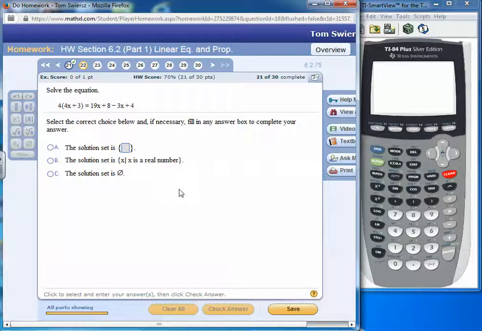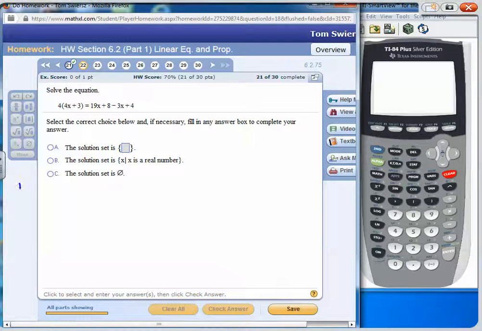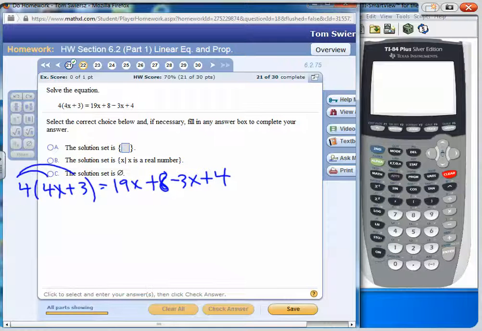Now, let's look at problem number 22. On 22, we have 4 times 4x plus 3 equals 19x plus 8 minus 3x plus 4. Okay, distribute the 4 on the left side. We get 16x plus 12. 4 times 4x is 16x. Bring down the plus. 4 times 3 is 12. On the right side, we can